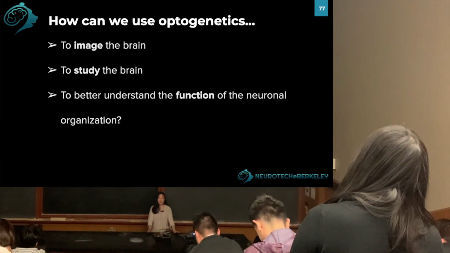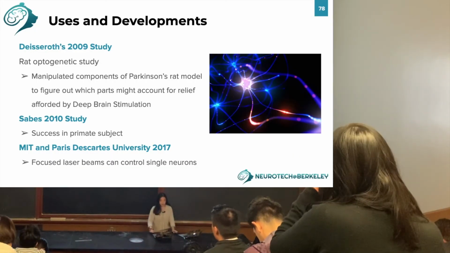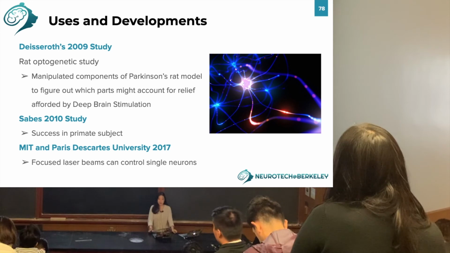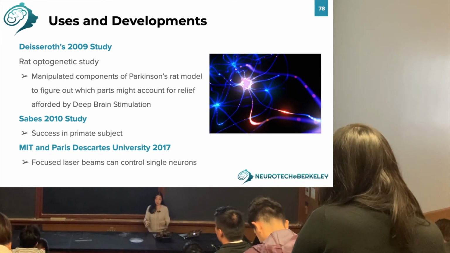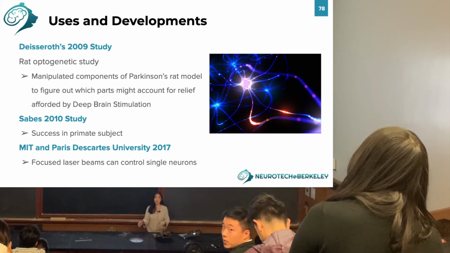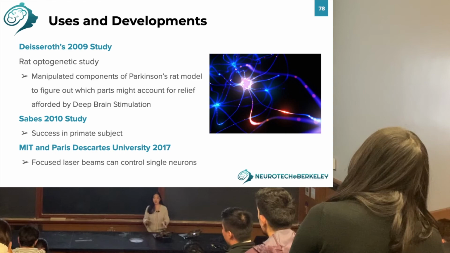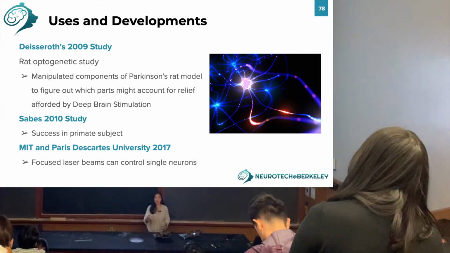So how can we use optogenetics to image the brain, study the brain, to better understand the function? Here's some studies that have gone on. So there was a rat study where they were able to use optogenetics to manipulate parts of a Parkinson's rat model to figure out which parts actually account for the relief afforded by DBS. So a lot of times with DBS, it's a little bit tricky. They're just kind of sticking electrodes in and making them activate local regions of the brain, but it's not really precise. So using optogenetics, they were kind of able to pinpoint which parts are being affected